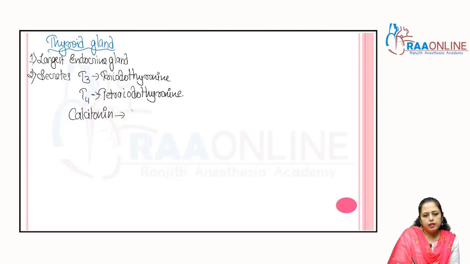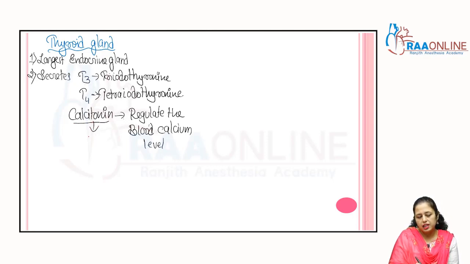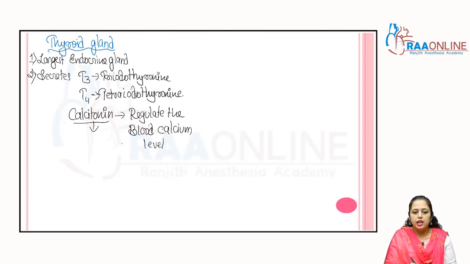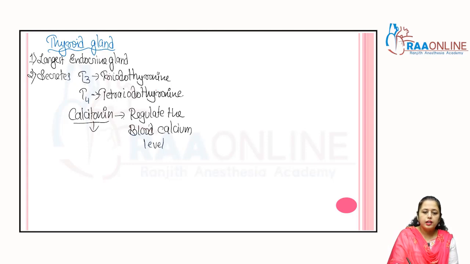which regulates the blood calcium level, right. So how does it regulate? It decreases the blood calcium level and deposits that calcium over the bones and the kidney. So these three types of hormones are secreted by the thyroid gland, and that T4 is mainly known as thyroxine,